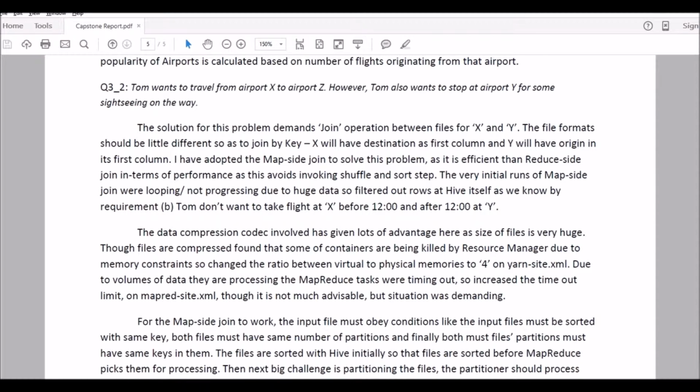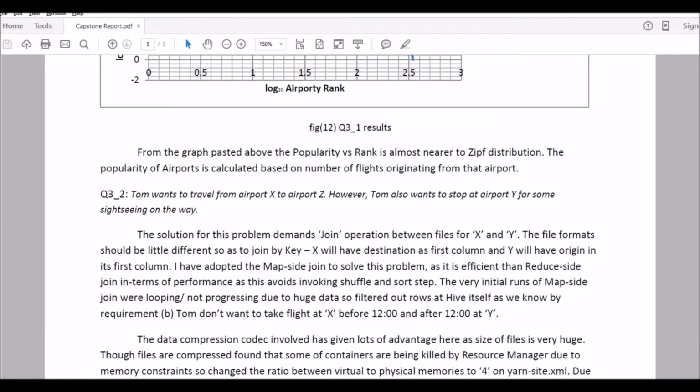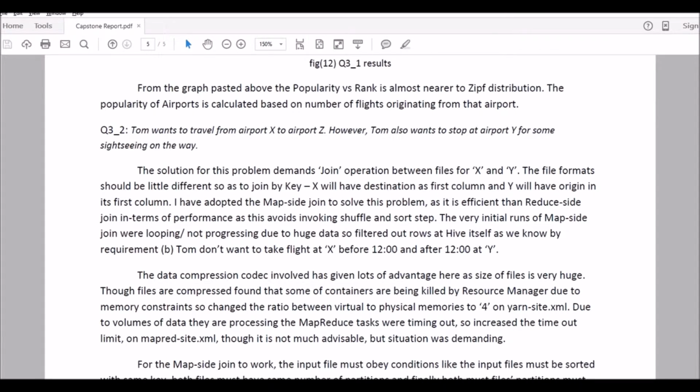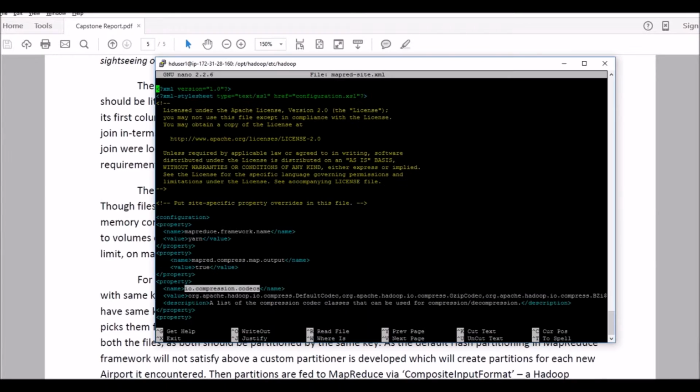And this comes the final question, Tom's question, where he wants to travel from X to Y and then to Z, and he wants to have a 2 day break at Y. And of course these are the criteria that need to be satisfied in this one. And in all these I've tried to optimize, at different levels of